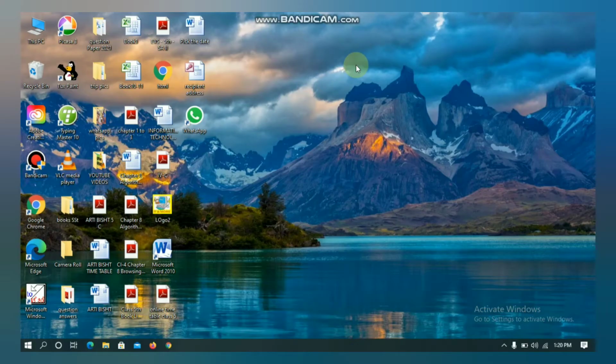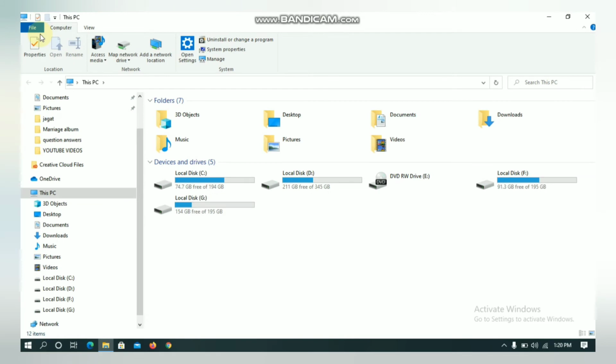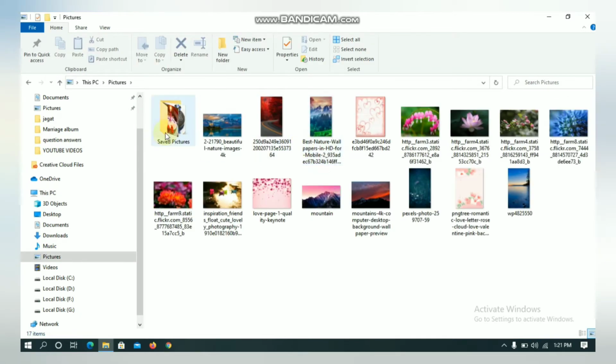To copy a file or folder, first we need to go to Computer, My Computer or This PC, and we are going to select any of the folders. Any folder we will select, then we will move forward. We can copy a folder or file as well. So first I will show you how you can copy a folder.